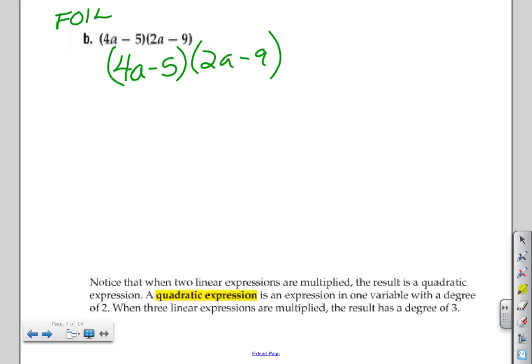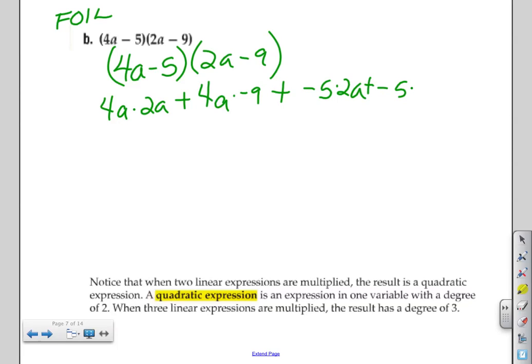So first, we're going to multiply 4a times 2a. Those are the first two terms of both binomials, plus outer next. So the outers are 4a times negative 9, plus inners are negative 5 times 2a, and last is negative 5